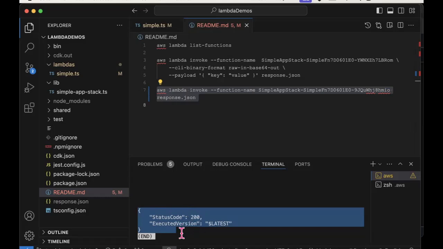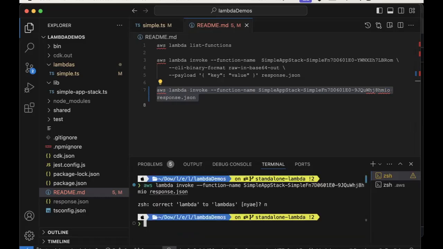But if I just type Q now to exit out of this, the actual response that came back from the Lambda function should be stored in a file called response.json. It doesn't really matter what you call this file. It does have to be a JSON file, but you can give it any name you want. And you can see here over on the left that I now have a file called response.json. And if I open that up,